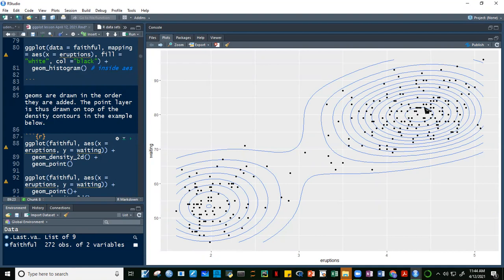Ibig sabihin, nasa una muna yung density, no? Inuna muna si density, i-plot, kasi nasa una siya. Yun yung una, guys, sa code natin. Saka linagay yung point. And that's why you're seeing the point on top of the density plot. No? Yung pangalawa naman, so,